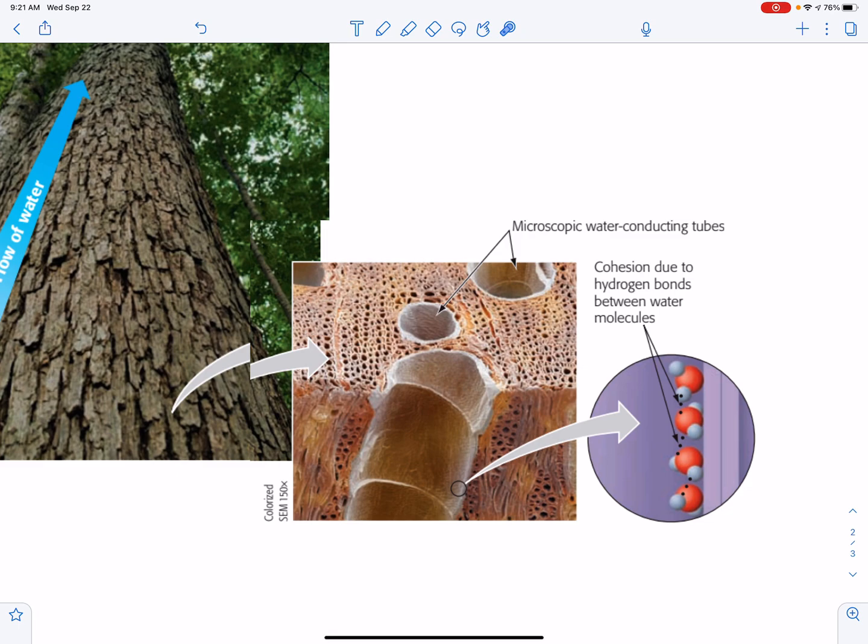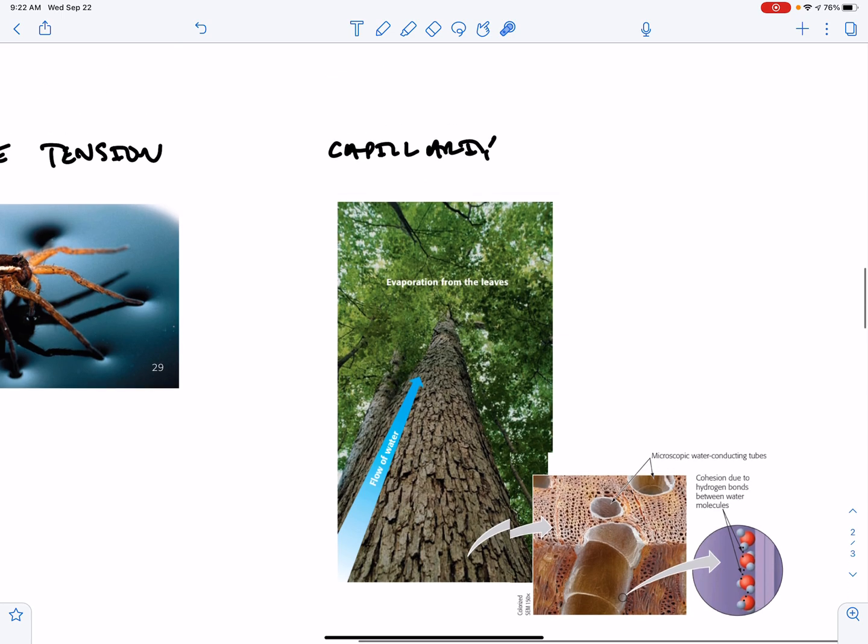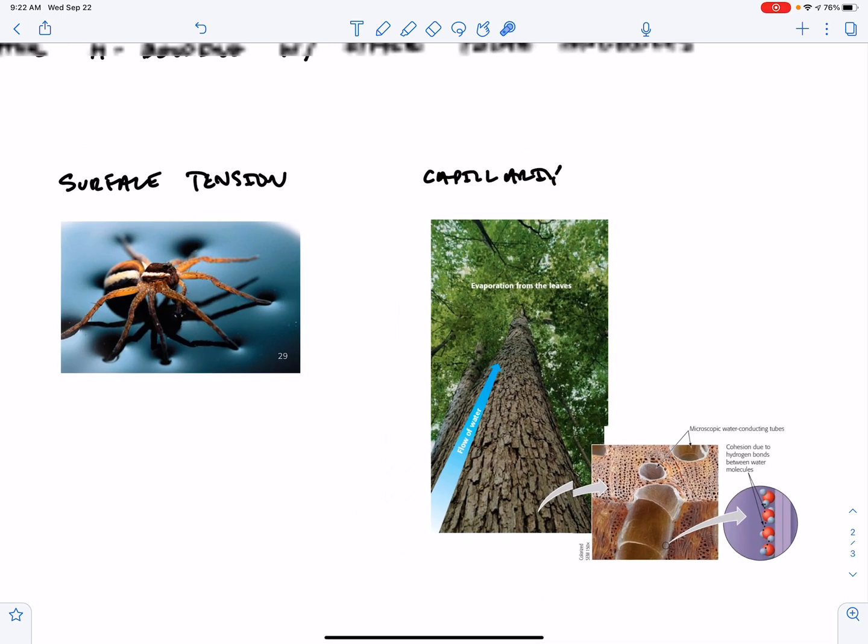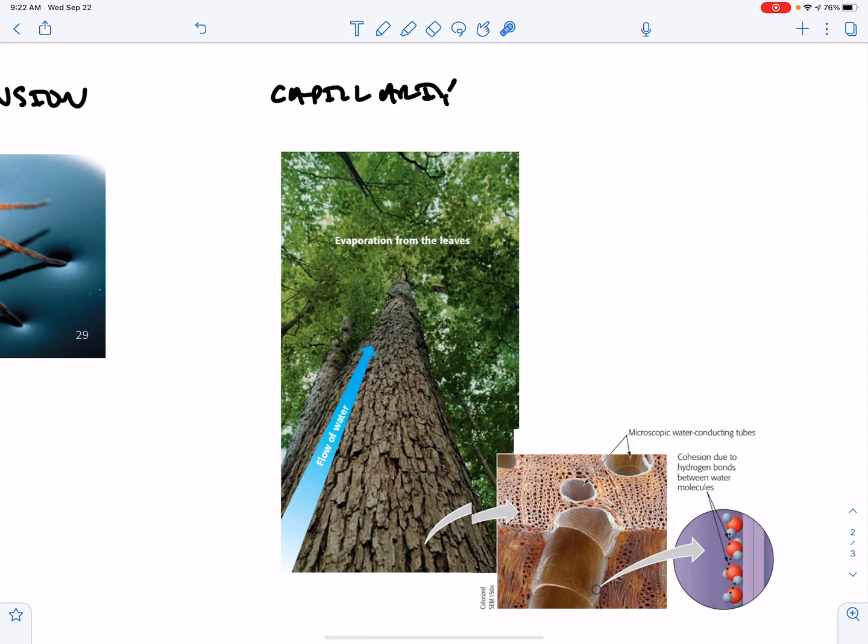Another example of when you can see this happen in your everyday life is if you've ever dipped a piece of paper towel into water, you'll notice that the paper towel gets wet above where you dip it in the water. This is because water's climbing up the paper towel. In tiny little kind of micropores in the paper towel, you get these adhesive forces where the water bonds to the paper towel, and then the cohesive forces where the water molecules bind to each other and they drag each other up. So capillarity is an example of cohesion and adhesion, and it pulls water up from the roots of